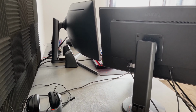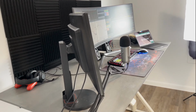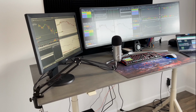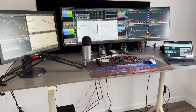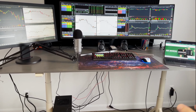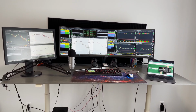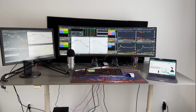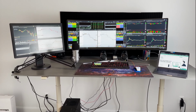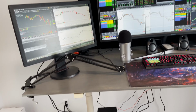So I have my controller here anyways. The reason why I need a big desk is because of my screen. My main screen, we're gonna go through that after. So it's the support here, around 500 or 600. And I decided to just buy a piece of wood. I did paint it myself, like a gray matte. So I love this color. So yeah, guys, I needed something really big because I have a lot of stuff going on. And another reason, guys, I'm pretty sure you guessed it,